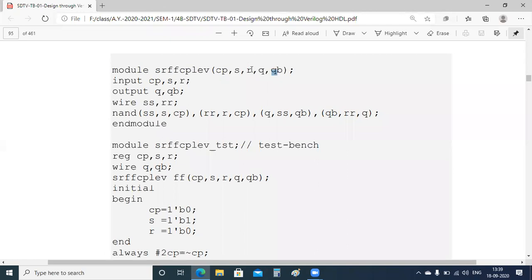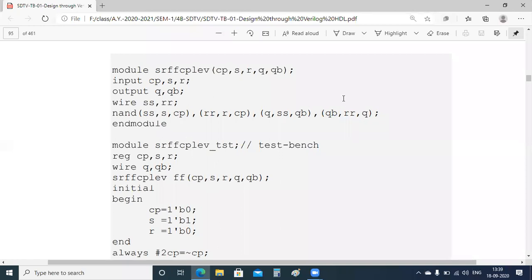It's not at all an issue for us now to write which one first and which one later, right? Okay, we write clock pulse. CP is for the clock pulse. We have S and R as inputs and also clock pulse as inputs, and outputs as Q comma Q bar, QB. We write wire as SS comma RR. Why? Because from the beginning onwards we are following that negation of S as SS and R as RR. So for my NAND gate, what I have to do is use.